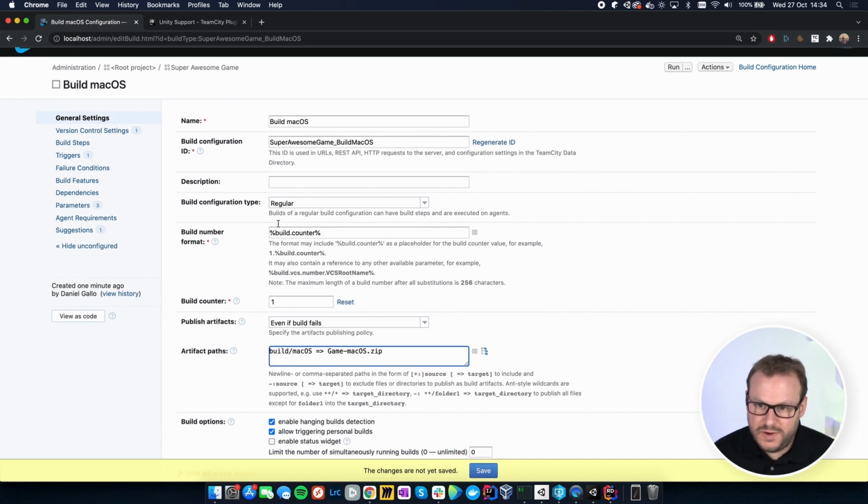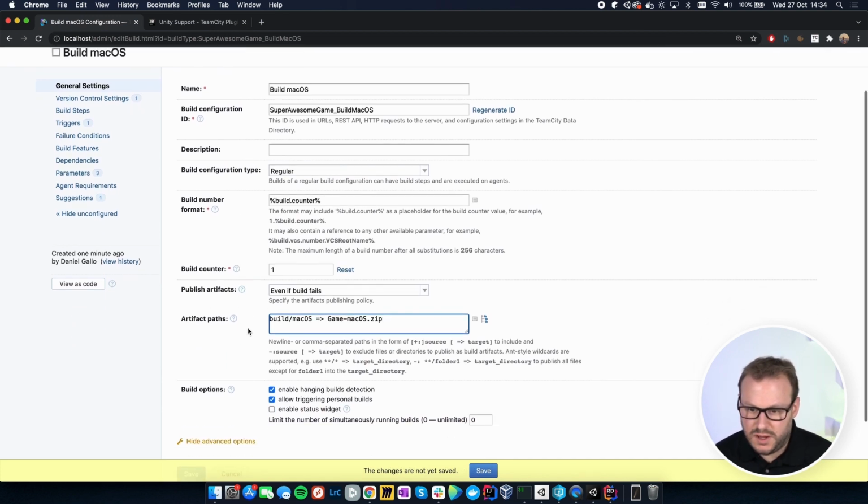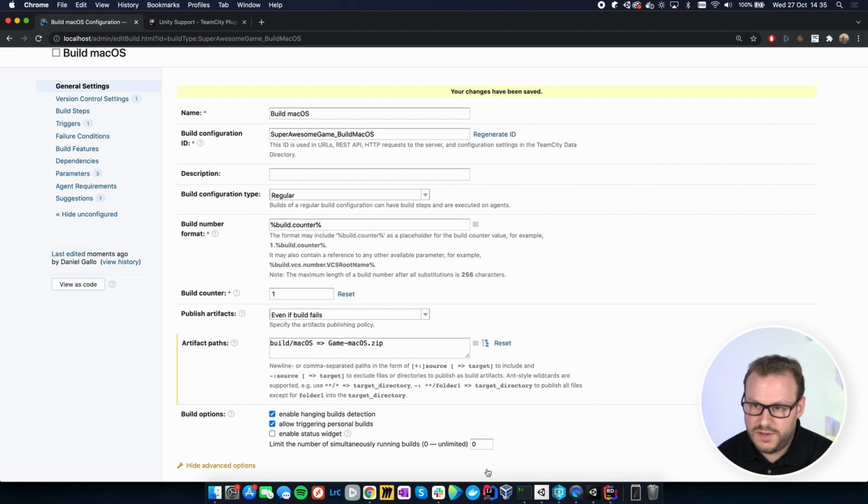So on the build configuration settings, I've scrolled down to the artifact paths, and I'm telling TeamCity to grab the contents of the macOS folder and zip that up into game macOS.zip, and that will be stored as an artifact so we can download it or use it in subsequent build configurations. So I'll save that change, and then the next thing I want to do is add a build step,